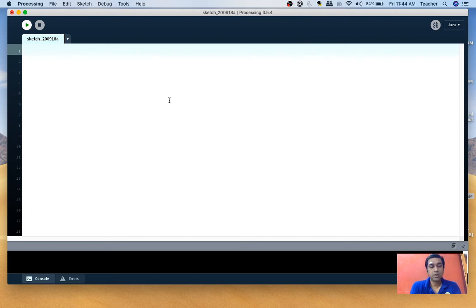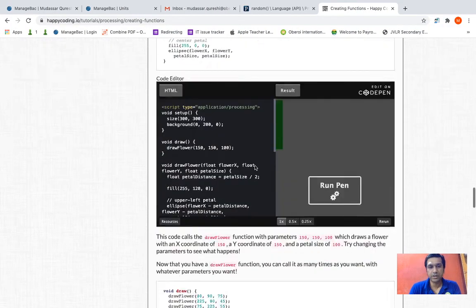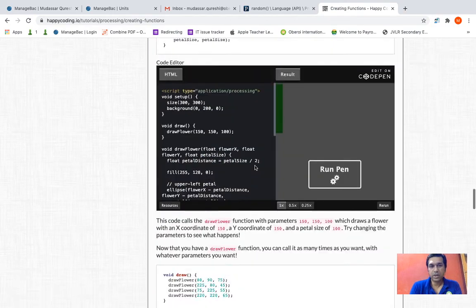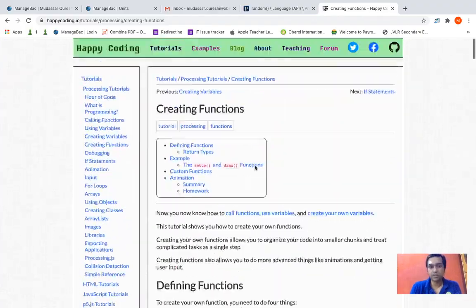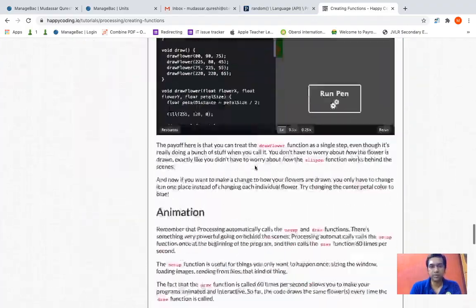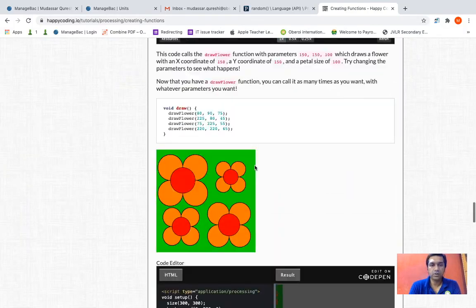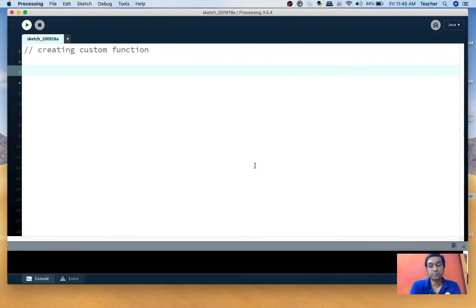Hello everyone. So today we are going to discuss creating custom functions. I'm going to explain it to you, and we'll start with a very simple example. Students, I'm going to make an output where petals or flowers would be displayed, and then we'll try to animate it also. It's going to be very simple, students. You'll understand it. So to make a single flower, I'll go back to my program and say I define